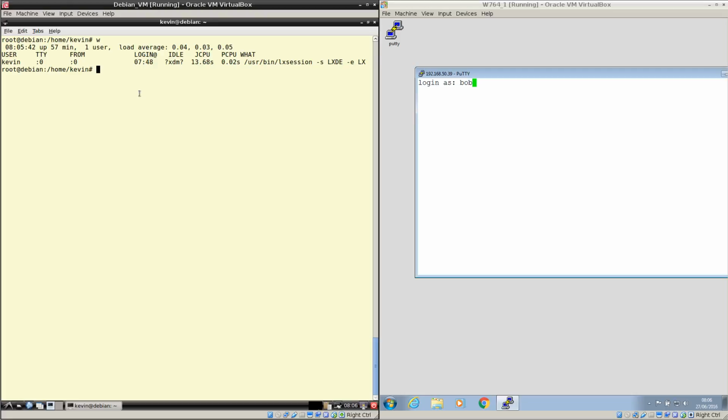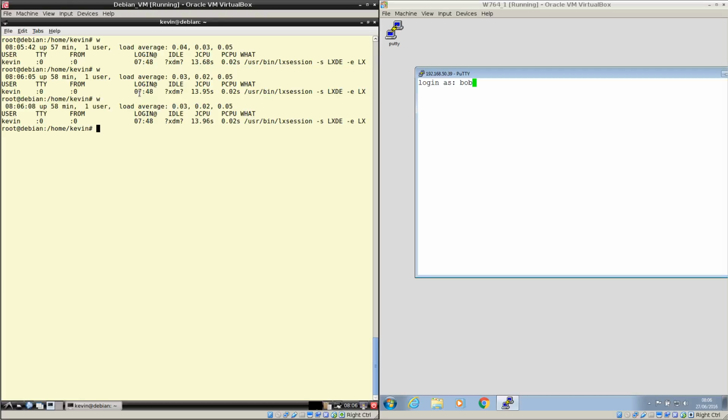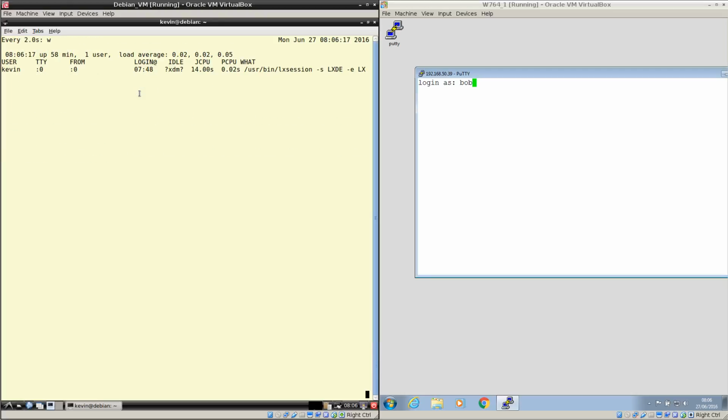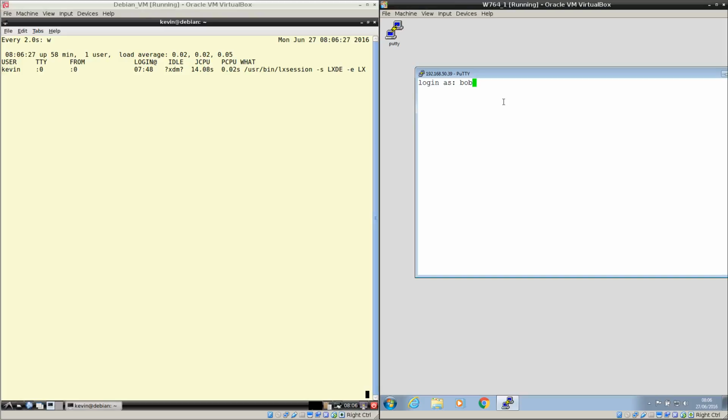But what you can do, and the students love this, is you can run that command, W, every 2 seconds. And rather than doing it manually, like this, what we do is we type watch space W. Watch will run a command every 2 seconds by default. So now, without me even trying, every 2 seconds, you can see the clock ticking up just there. It's running the W command. As your students log in from their Windows boxes in the classroom,